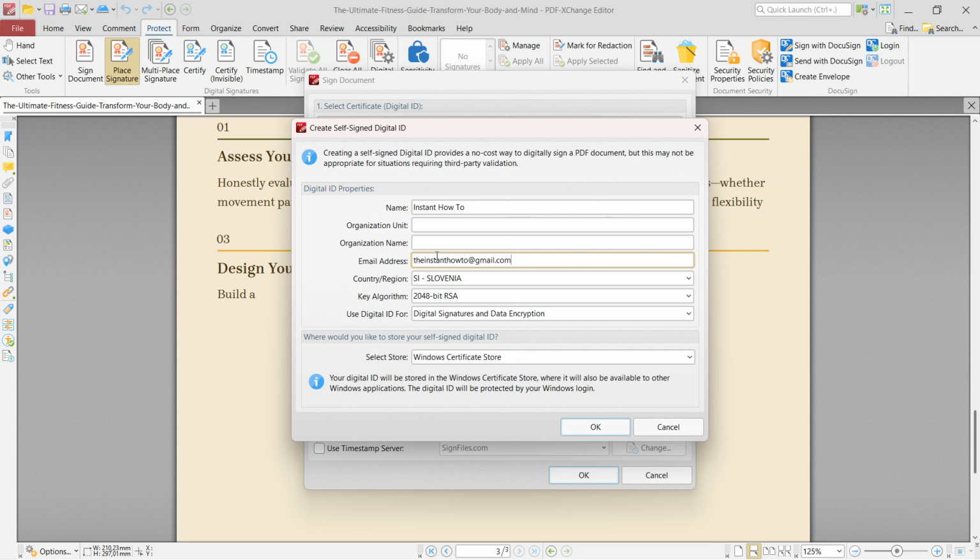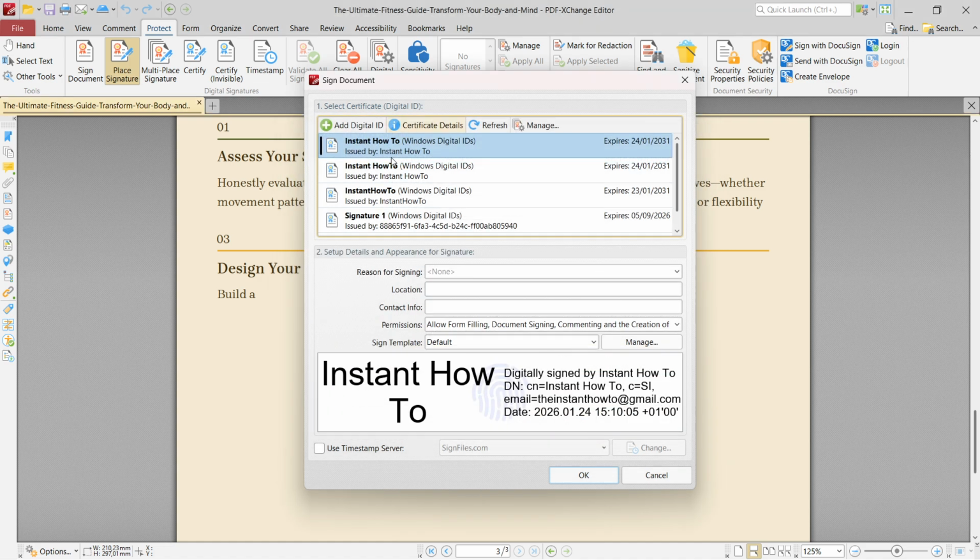Okay, and then here you have to select your country, your key algorithm, and then what you basically use the digital ID for, and you have to choose what you're going to be using that for. So for signatures, for data encryption, and for both. That's completely up to you. I'm going to leave it as for both. And then here you can select the store. You can just leave this like it is, click on OK, and it's going to get added here to the